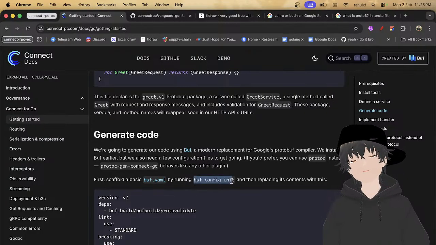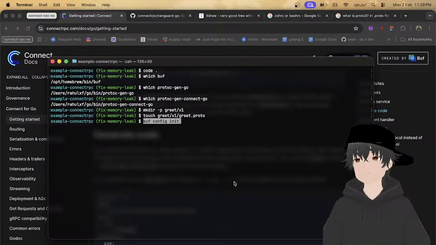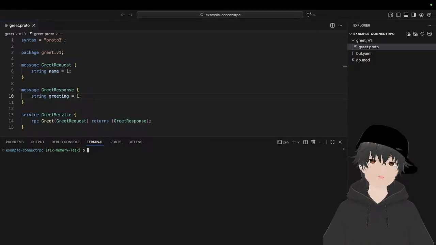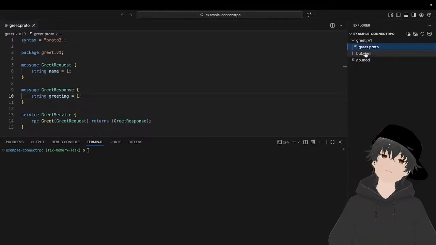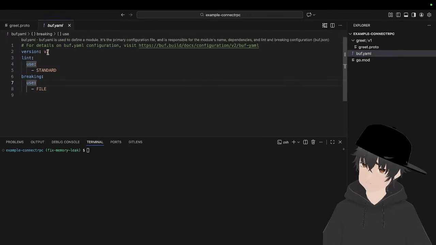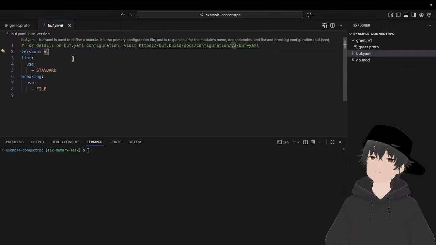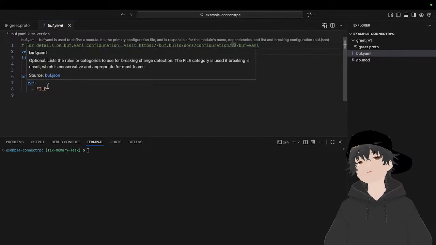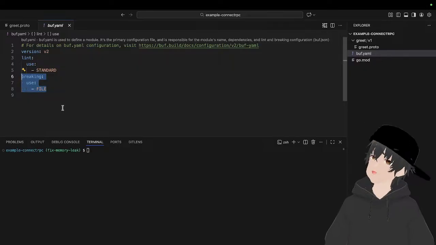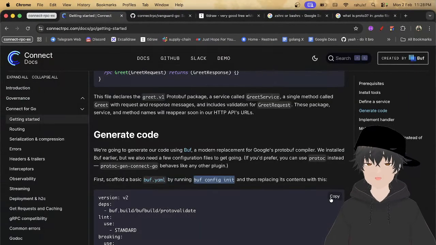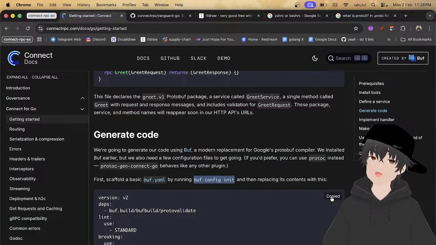So you can just call buf config init. If you type buf config init, it will create a buf.yaml which has version 2, lint which uses the standard library, and breaking which uses file. Okay, so you can just copy this one